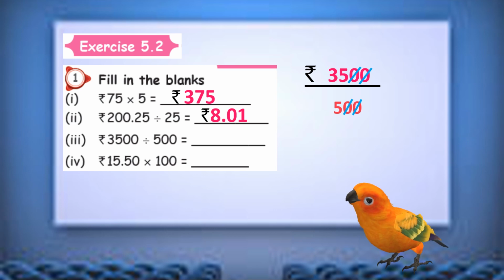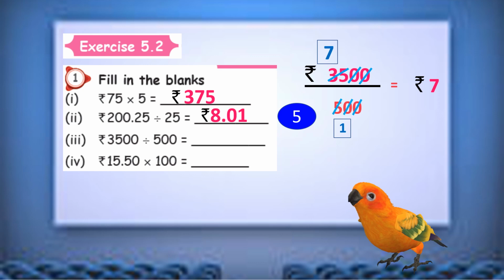So let us take the 5 times table as common. Fine. So 5 one time, and here 5 7 times, right? So from the top we have 7, and in numerator and denominator we have only 1. So 7 divided by 1 is equal to 7. Rupees 7. Yes. With that rupee symbol we have to mention it. That's very important. So here the answer is rupees 7.